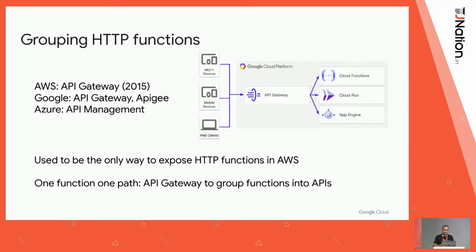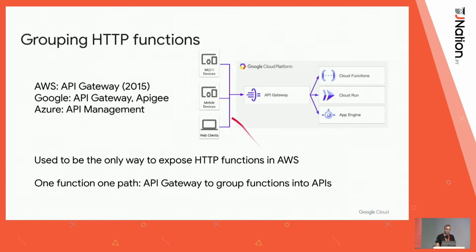On Google Cloud and Azure, I think you can have public endpoints from the beginning. But then, if you are building an API, for example, usually you need multiple functions because functions, by default, handle one path, right? And in an API, you have multiple paths. So how do you do that? What you do is you have multiple functions, each handling a single path, and then you group them together using some kind of an API gateway.